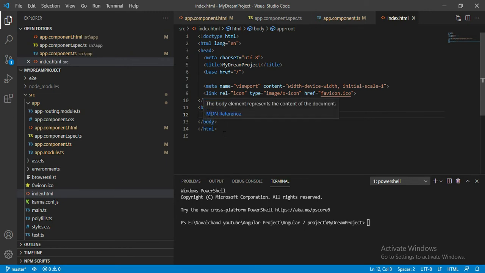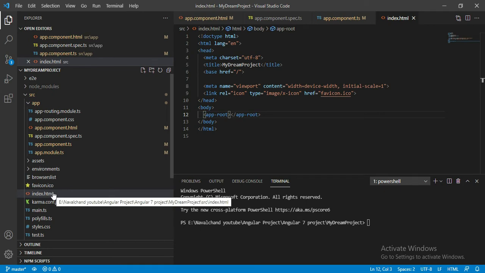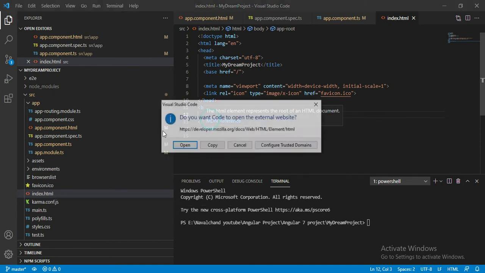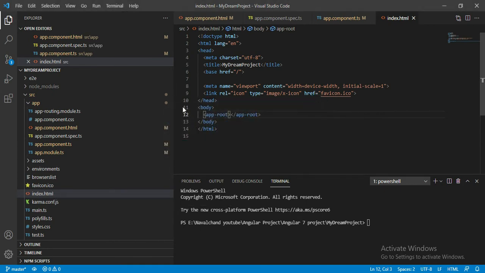Here we create an app-root tag. This app-root is nothing but our selector name, our app component selector name. Whenever we define app-root, in that location the app component will be populated. That means first our index file is called, then inside that index file we have app-root, and app-root will call that particular component.